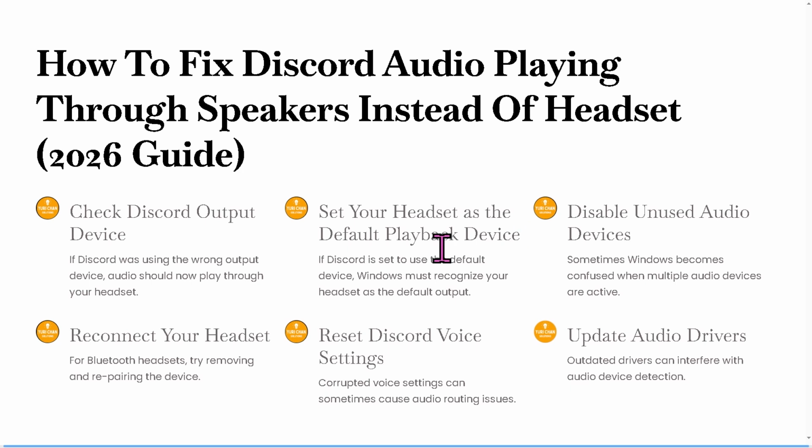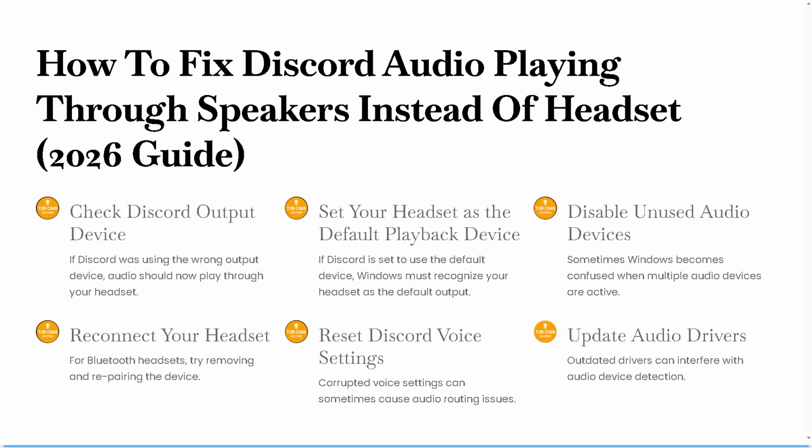If Discord is set to use the default device, Windows must recognize your headset as the default option. So right-click the speaker icon in the taskbar, select Sound Settings. Under Output, locate your headset, select your headset from the list, click Set as Default if the option is available, and close the settings windows and restart Discord. So check whether Discord audio is now routed through your headset, and of course, after that is